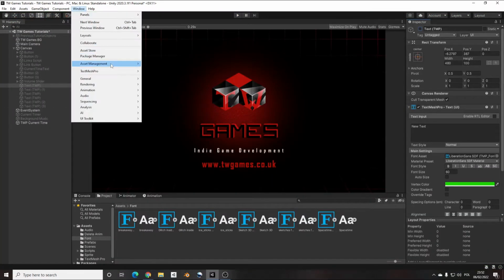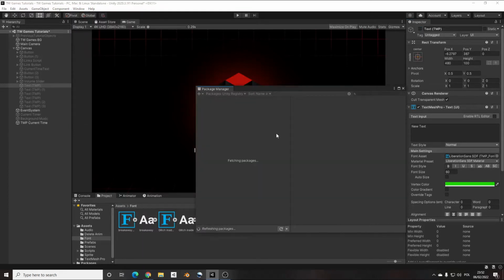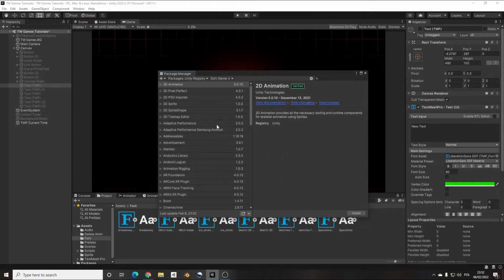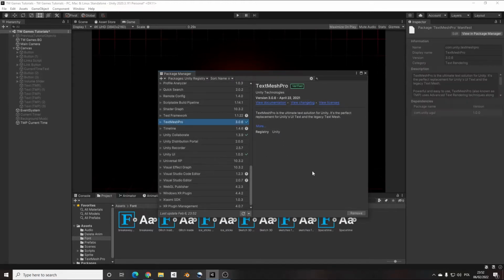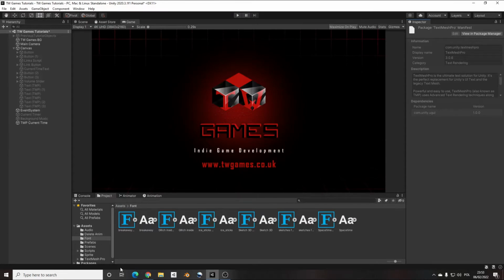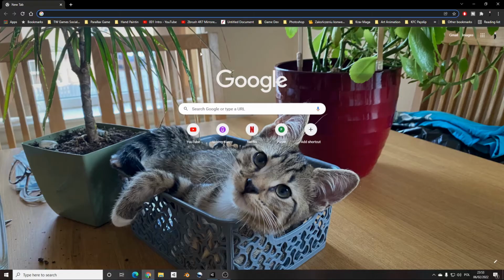And if you don't have TextMesh Pro in your package, let's go to the Unity registry. Just wait a second, and here you will find TextMesh Pro. If it's not installed, you will have the install button here, where I have remove. So you just press install and it will install it for you. And after you install that, you can go to the fonts website,